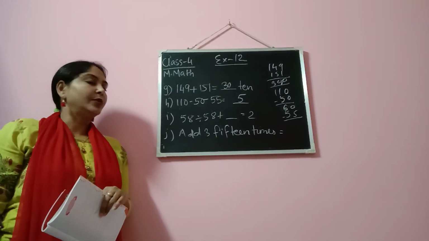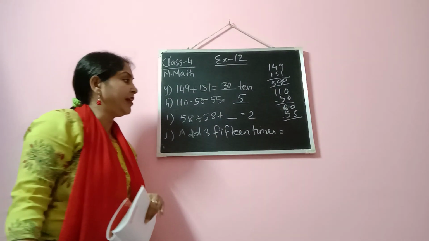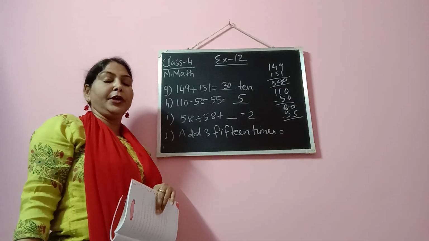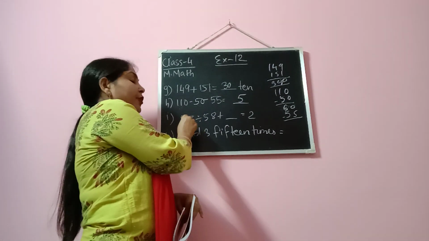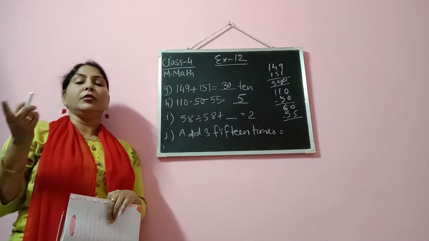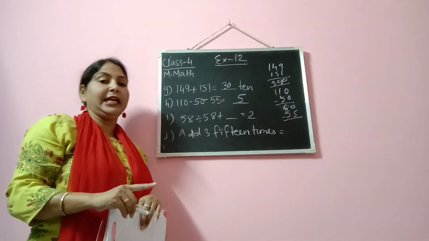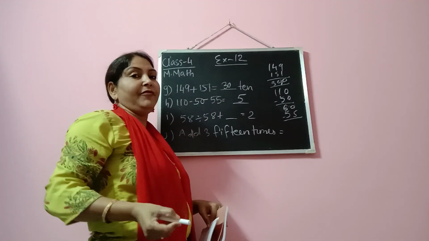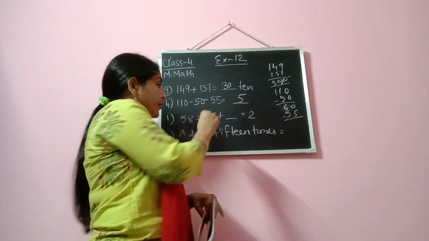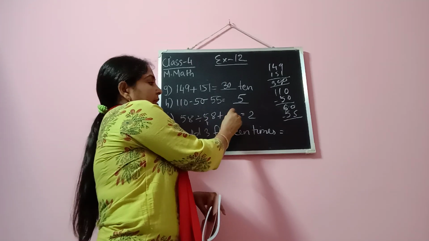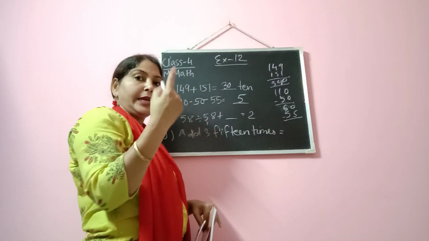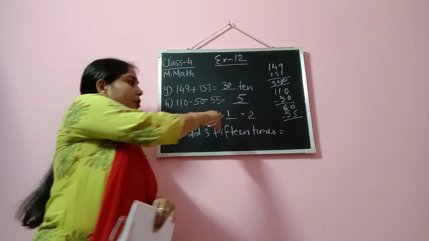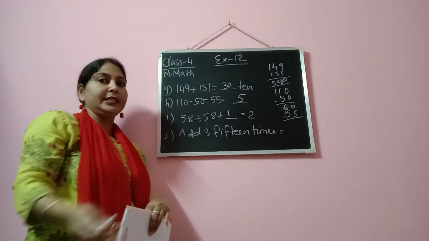The next question: 55 divided by 55 plus how much is equal to 2? Now here we have to apply the property of division. When a number is divided by the number itself, the quotient is not 0, it is 1. So when 55 is divided by 55, the quotient comes 1. Now how much will you add with 1 to get 2? Obviously 1 you will add. So your answer is 1. 1 plus 1 is equal to 2.